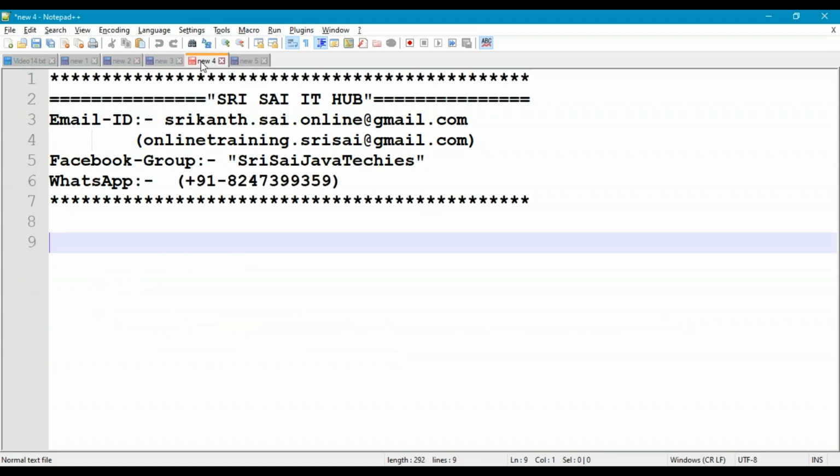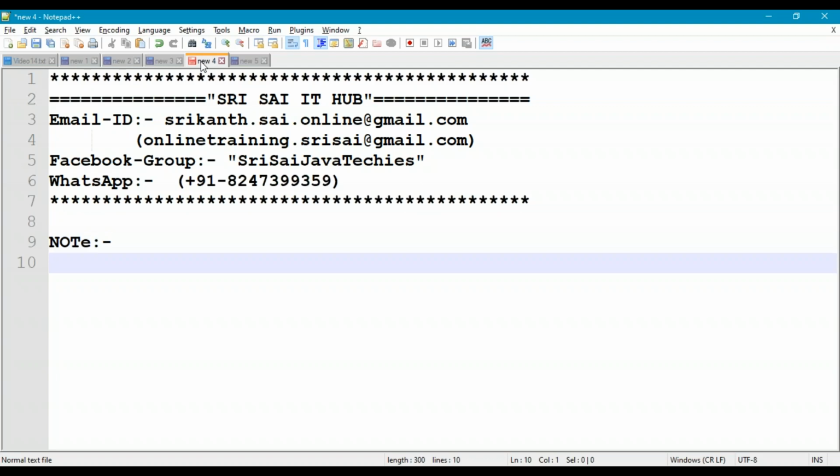So let us try to convert this abnormal termination to normal termination of the program in case of runtime error. In case of runtime error, we get abnormal termination of program.